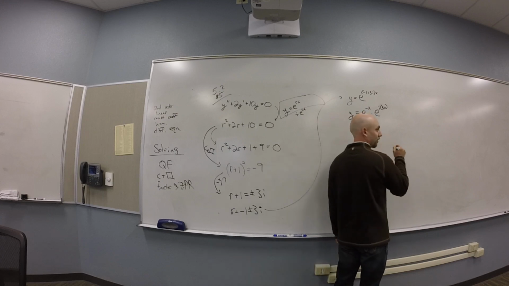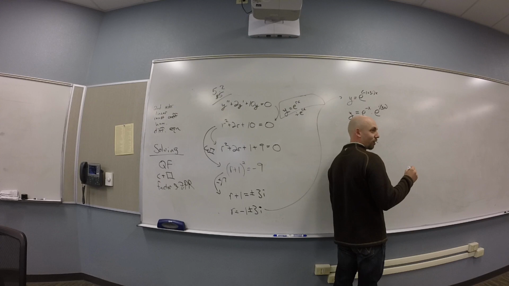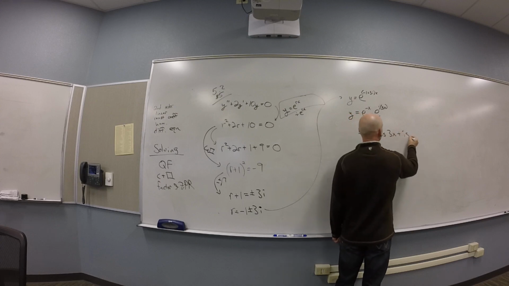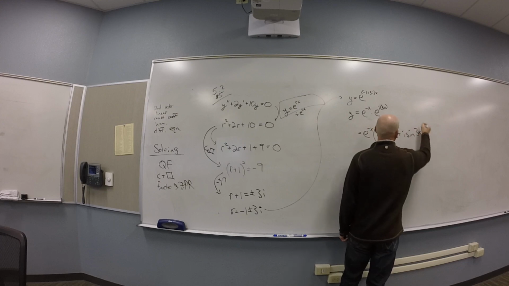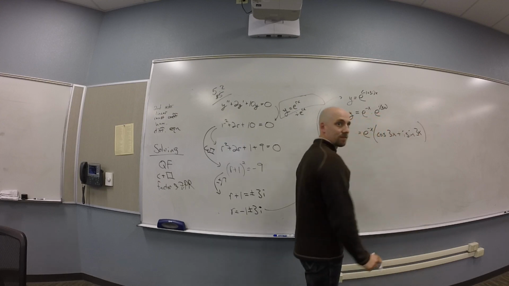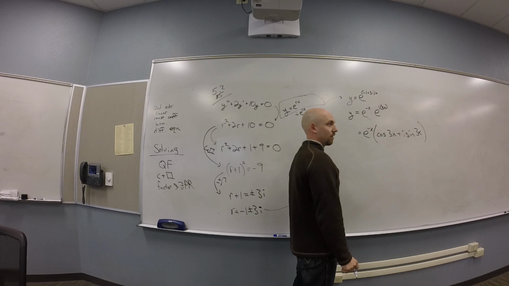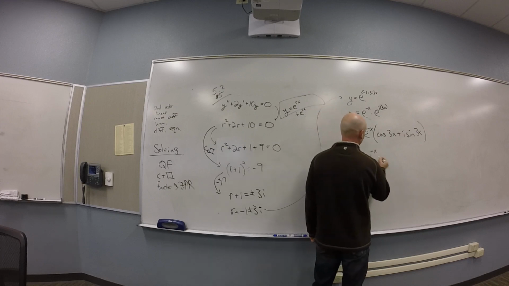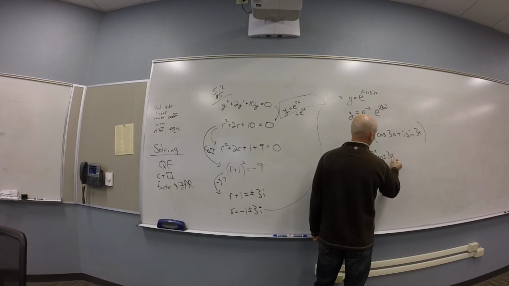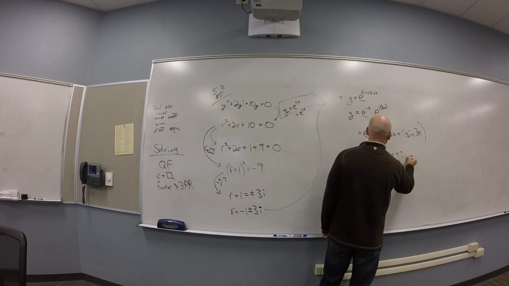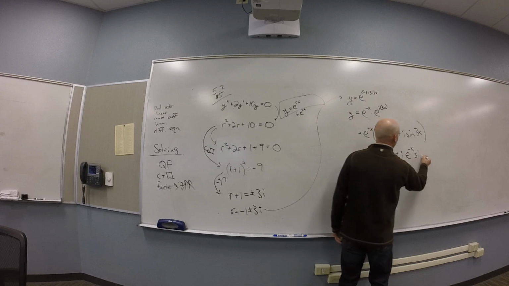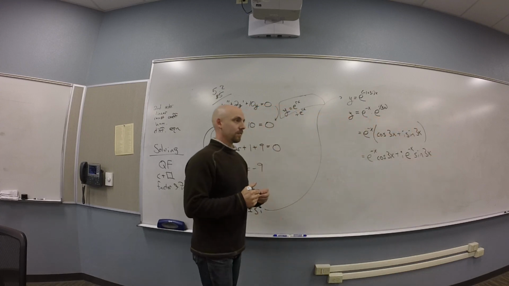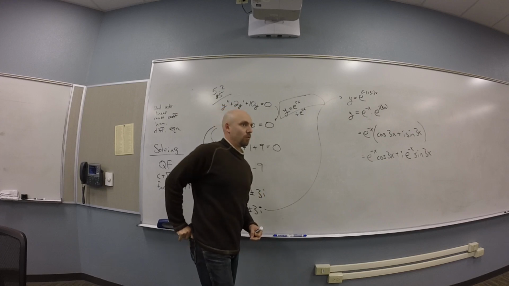That's where we hit Euler's, right? Yeah, this is where you hit Euler's. So you do cosine of 3x plus i sine of 3x. And so then you split this into its two pieces. So that's e to the -x cosine 3x plus i times e to the -x sine of 3x. And then after you've done a million of these, or 4,